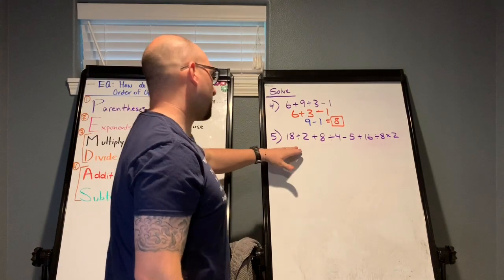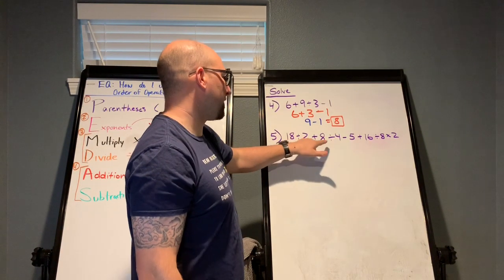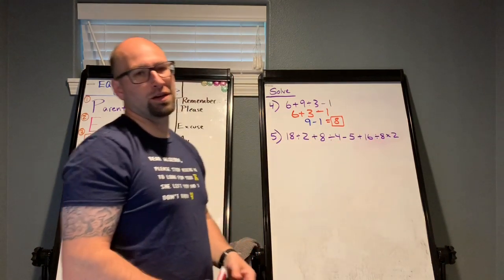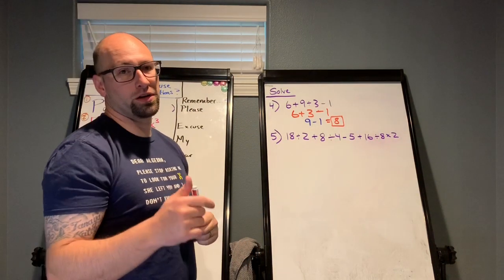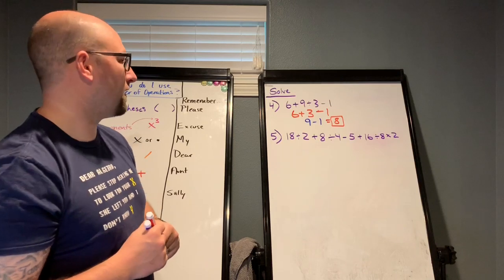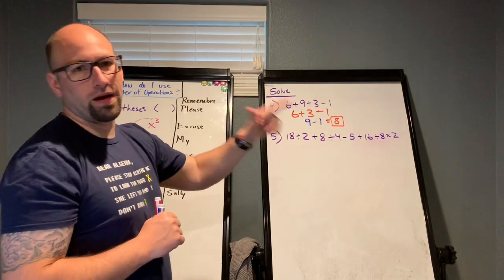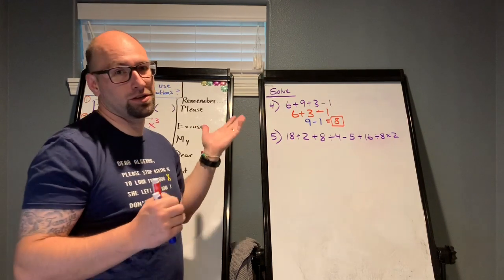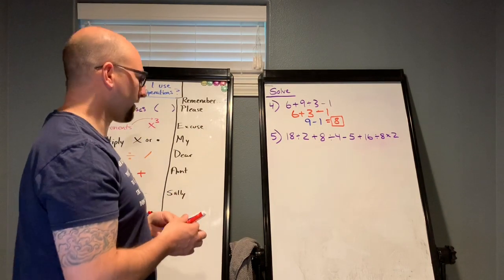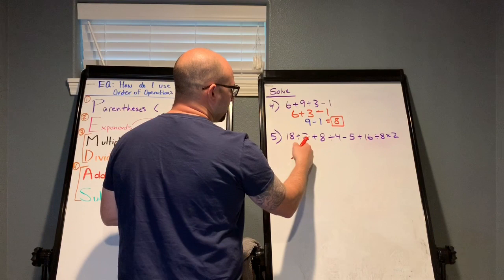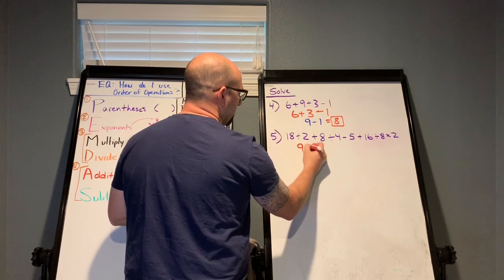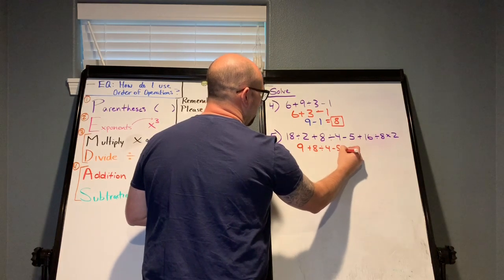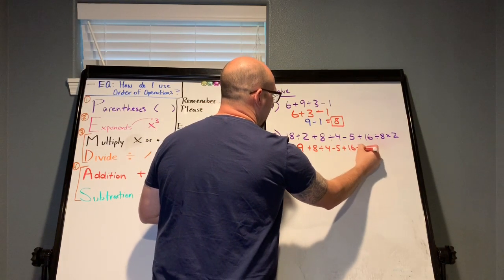Okay, so here we go. Here's another one. You got 18 divided by 2 plus 8 divided by 4 minus 5 plus 16 divided by 8 times 2. Woo! That's a lot of stuff. So what we're going to do is we're going to go through it. No parentheses, no exponents, and there is division and multiplication. We'll do that left to right like reading a book. Okay, 18 divided by 2 is 9 plus 8 divided by 4 minus 5 plus 16 divided by 8 times